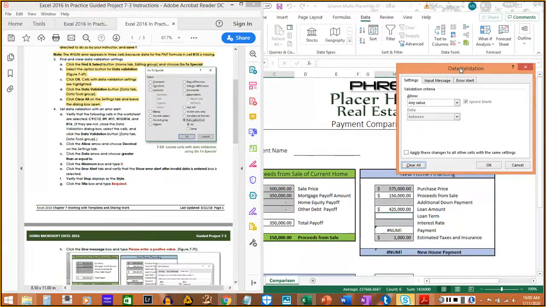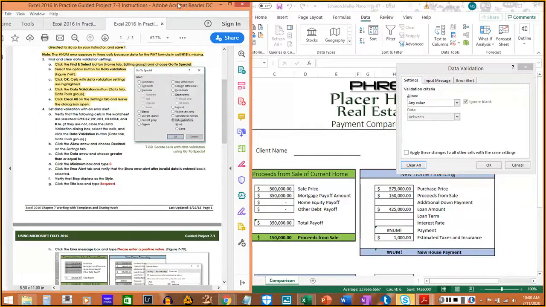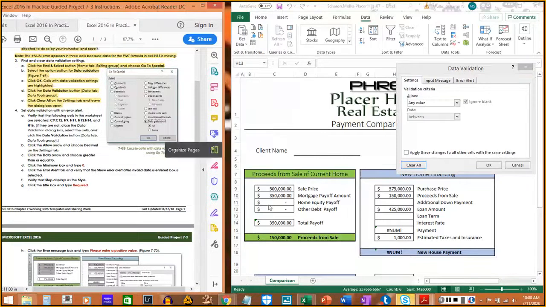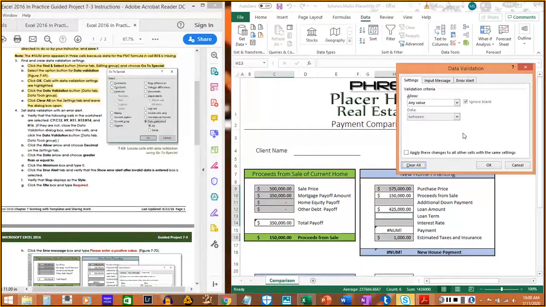All right, so it says C9 to C12, H9, H11,